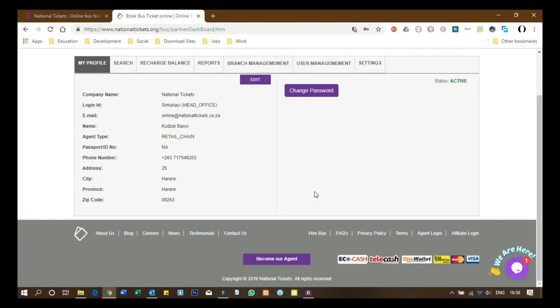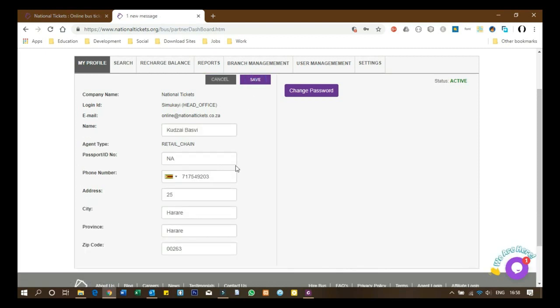Then you are taken to the dashboard where you see your profile, which shows your company name is National Tickets, login ID is Simukai, and you are at the head office, and then your email address, your name, and then the agent type, which is retail chain, passport number, phone number, and your details. You can edit the details up to your preference, but you are not changing anything, so you go on and